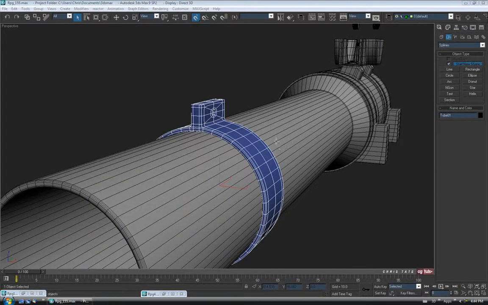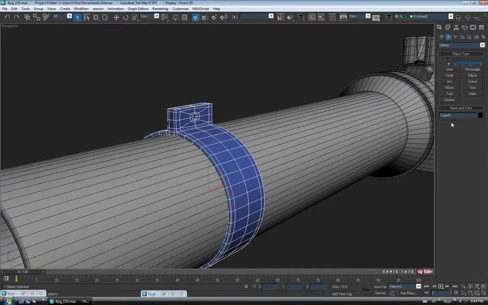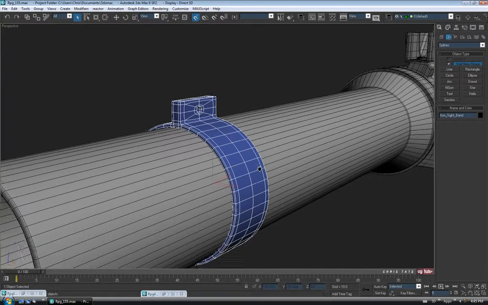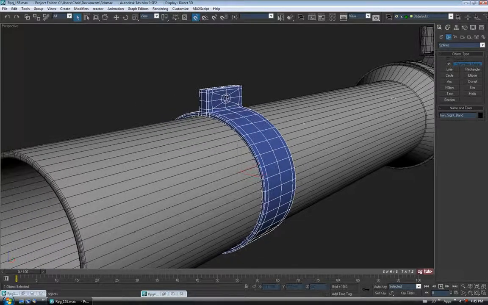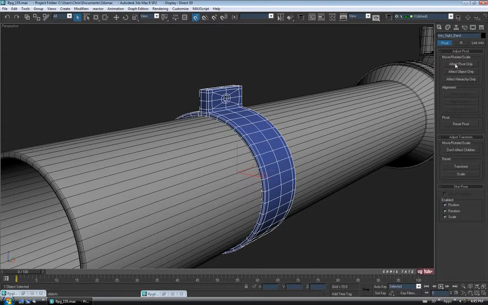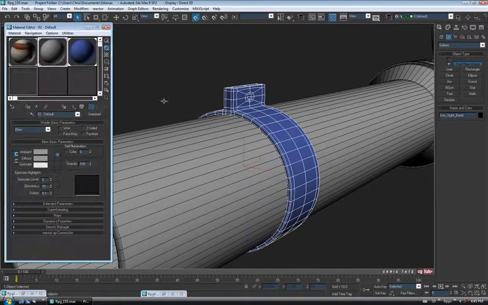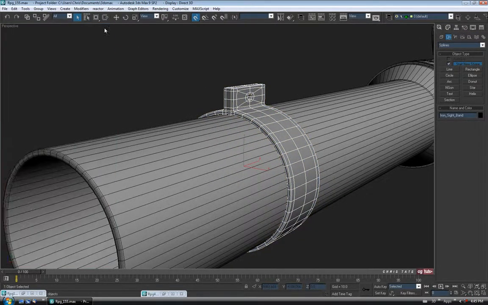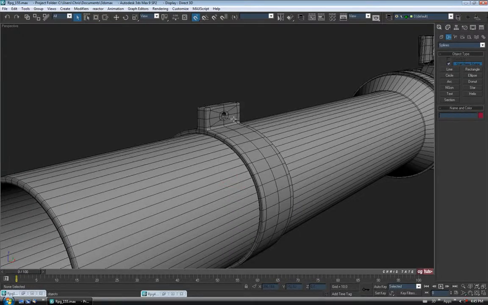Okay, so before we do the screw, let's just name this so we can keep organized. Alright, I'm just going to call it iron sight band. Pretty sure this thing on the end is called an iron sight. It could be wrong. Alright, so I'll just call it that, and center the pivot on it. Alright, hierarchy tab, affect pivot only, center to object, turn it off. Alright, and we can probably chuck our gray shader on there. Okay, so we'll do the screw and then we'll rotate it and clone it over to get the other band,